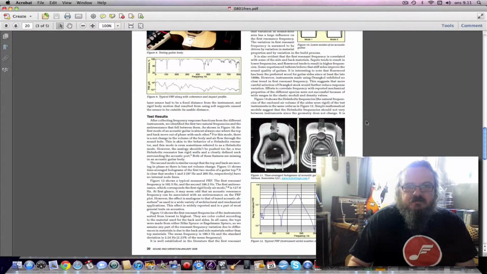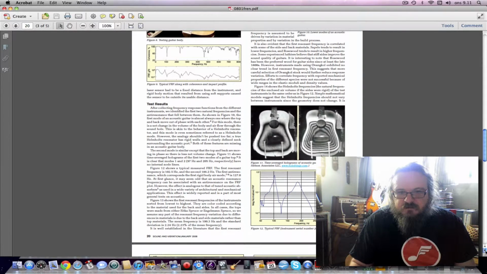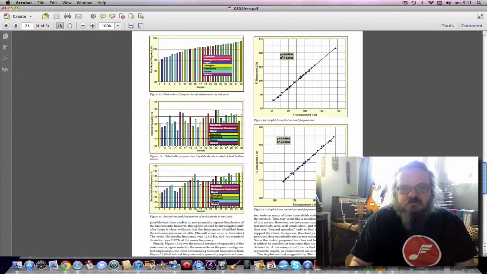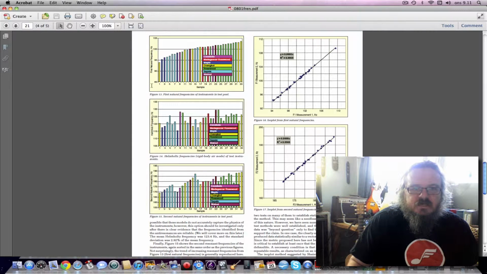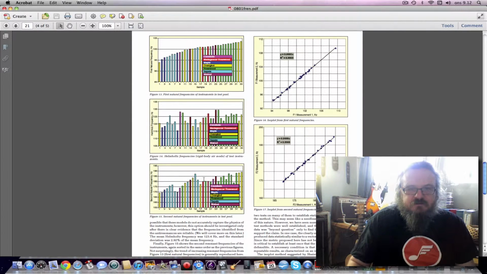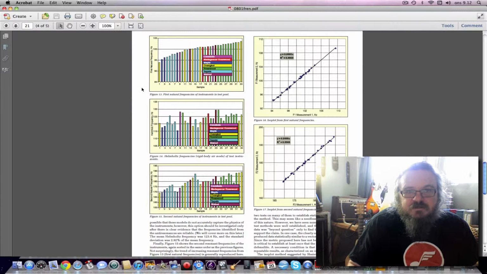These are the curves of the initial frequency response. That's the first frequency response. These are what I'm really looking at here, where they've got these tables of the different backs and sides of the guitars which were tested, and the difference in those frequencies. The first natural frequency, you can see here,